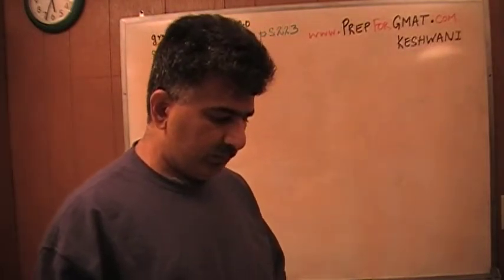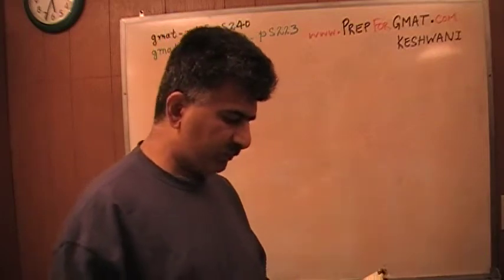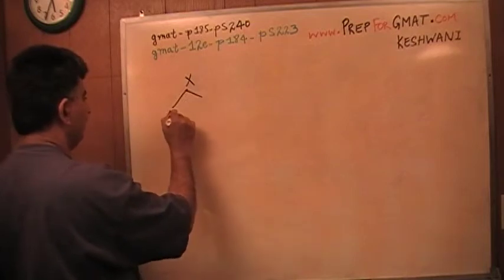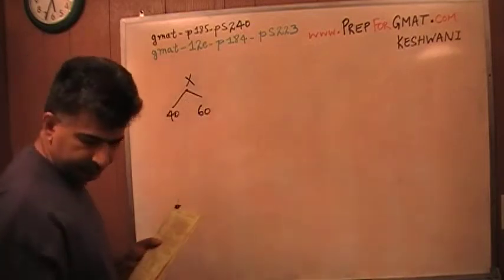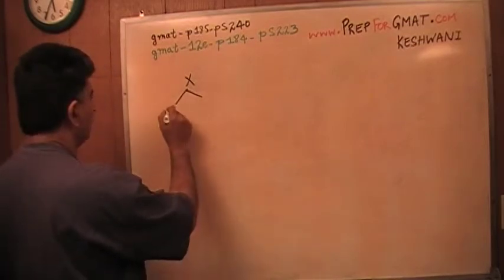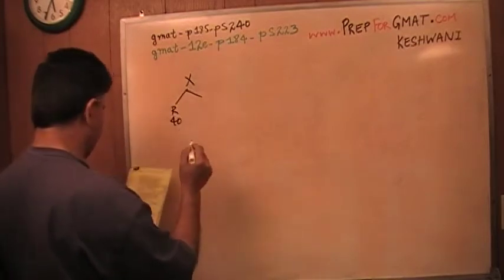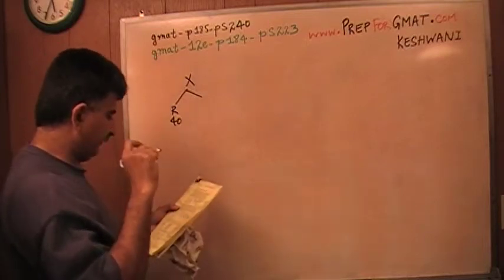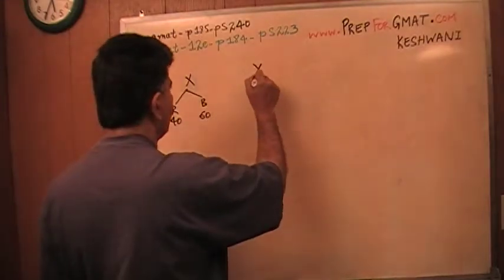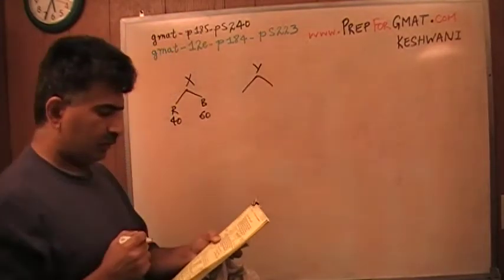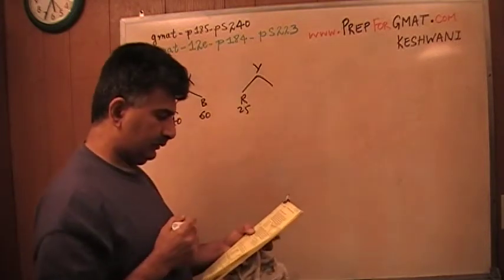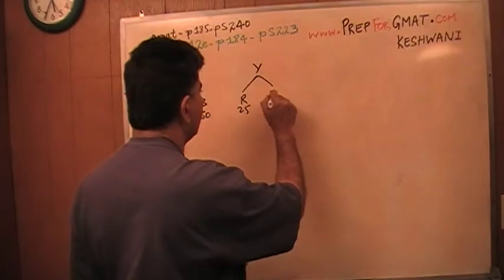It says seed mixture X is 40% ryegrass. Alright, so here's my X. Is 40% ryegrass and 60% bluegrass. And seed mixture Y, I'm told, is 25% ryegrass and 75%